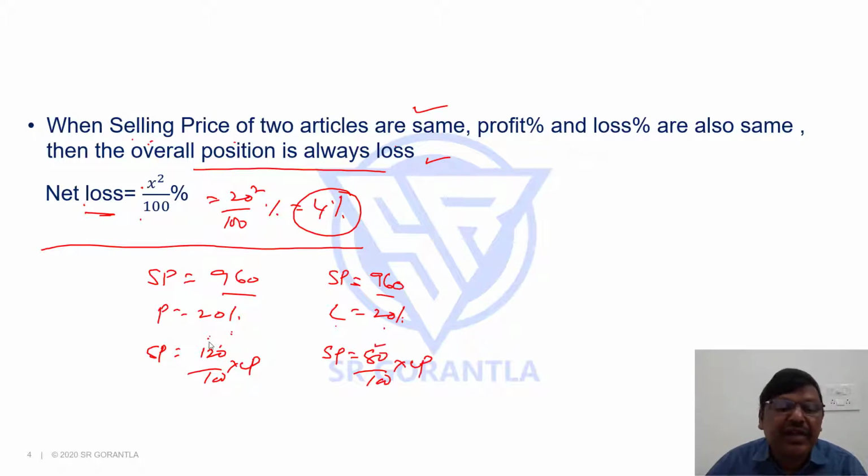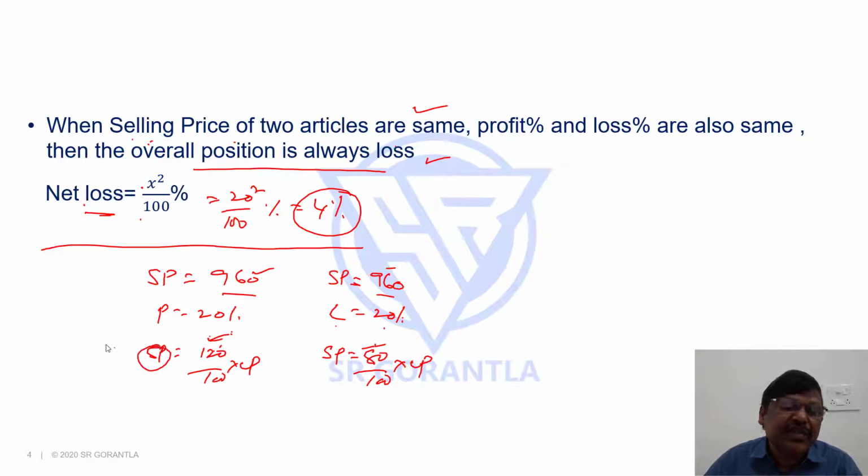If you see 80 and 120, see 12 8s are 96. See, when I say there is a profit of 20%, selling price will be 120%. In the second case, 80%. If I consider a number that is divisible by 120 and 80, your calculations will be easy. That's the reason I assumed 12 8s are 96 as the value there. This comes with practice, right?